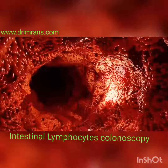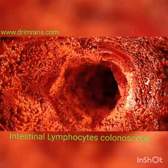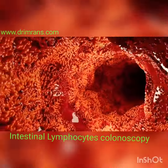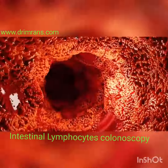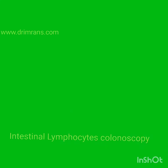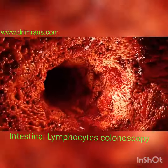Today we will talk about examination of intestinal lymphocytes through colonoscopy. Intestinal lymphocytes are immune cells found in the lining of the intestines. During a colonoscopy, a thin, flexible tube with a camera on the end is inserted into the colon to examine